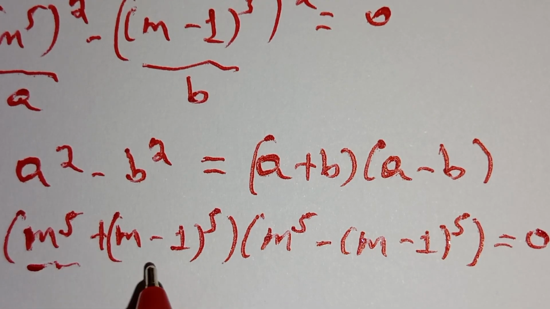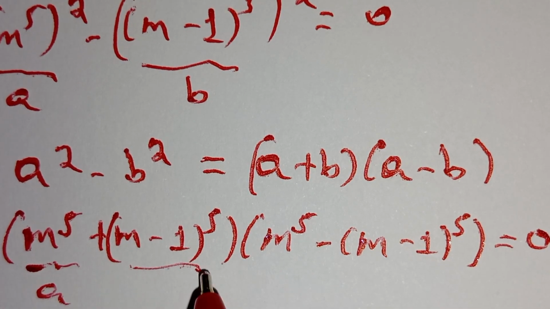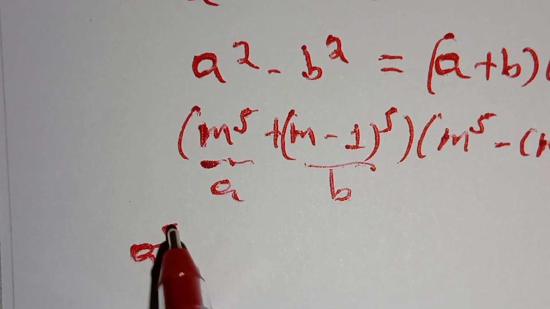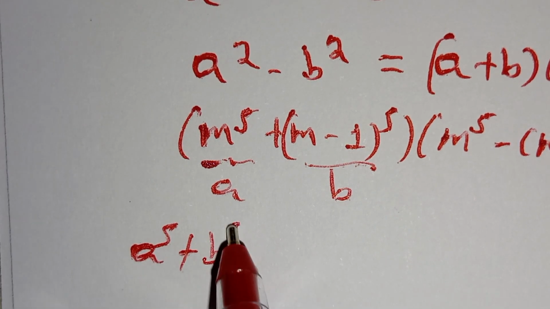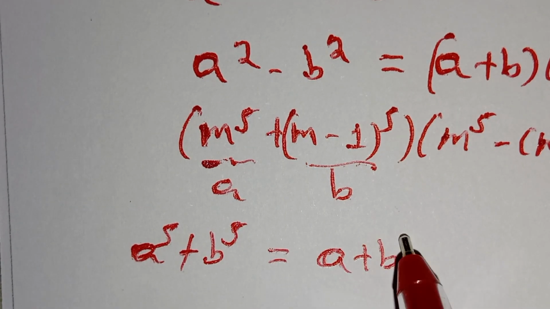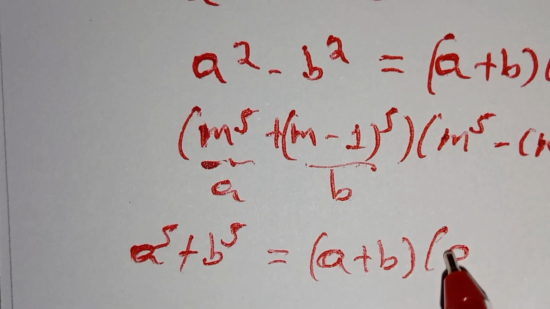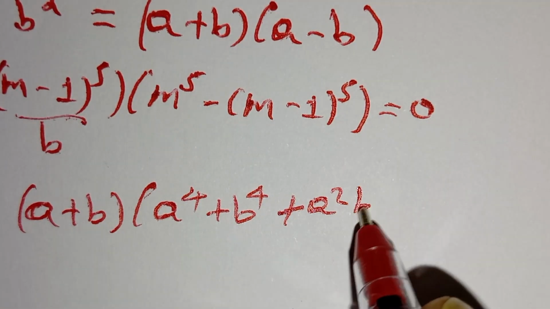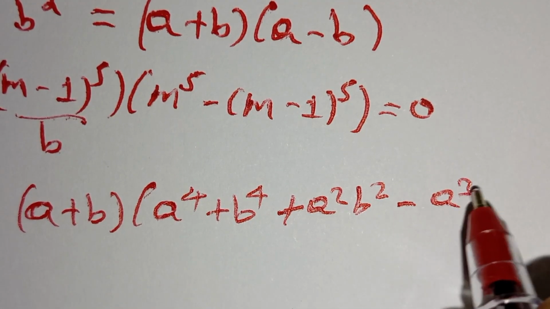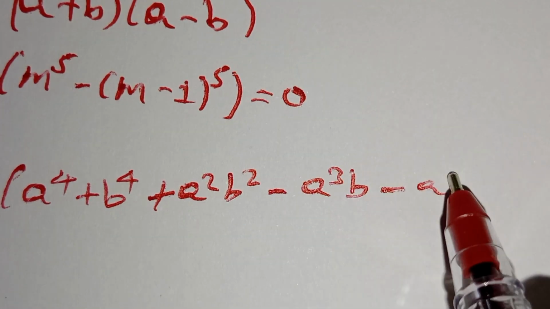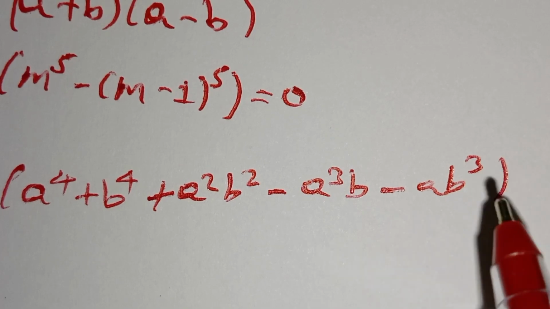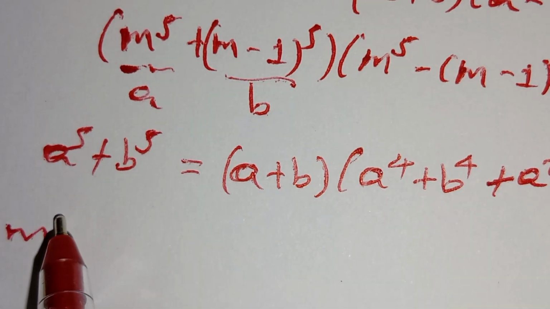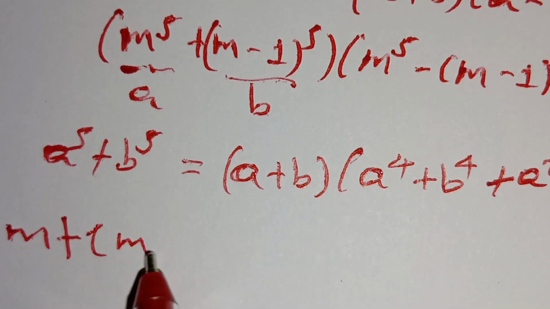This also, if it is a and if it is b, using a to the power of 5 plus b to the power of 5 is a plus b times a4 plus b4 plus a square b square minus a cubed b minus a b cubed. Solved by this, m plus m minus 1